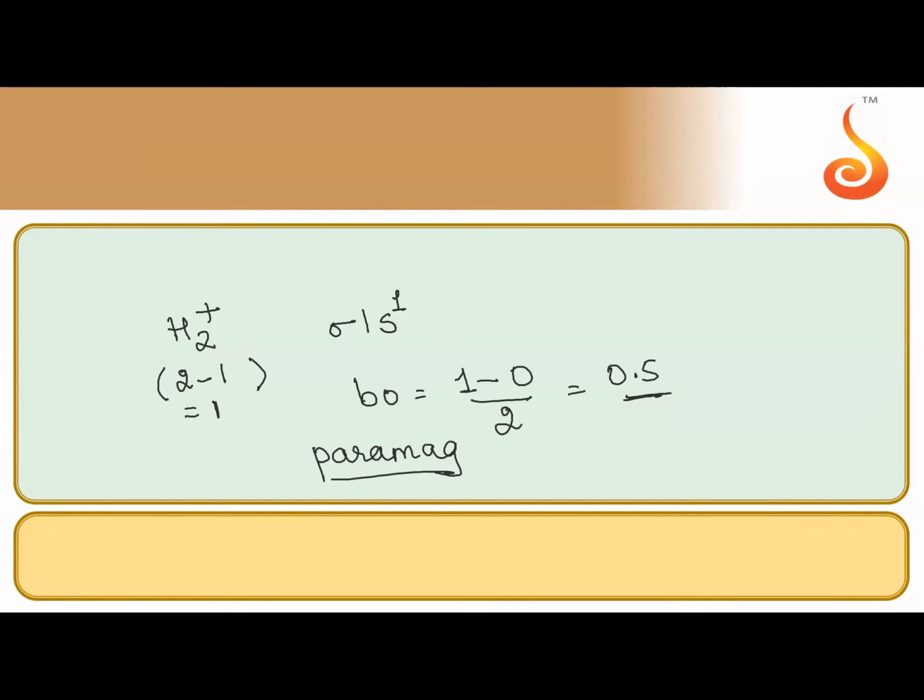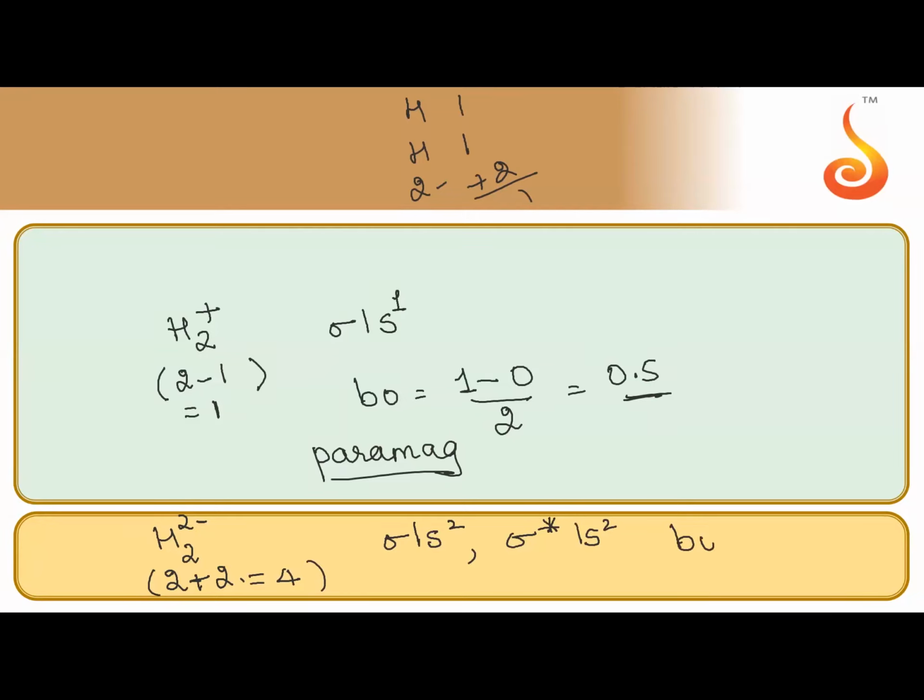In a similar manner, if I take H2 2 minus, how many electrons does it have and what is the bond order? The number of electrons present: hydrogen had 2 electrons and now 2 more electrons. When I say H2, one hydrogen has 1 electron, one more hydrogen has 1 electron, and 2 minus means 2 more electrons, so the total is 4. So with 4 electrons, we can write sigma 1s2, and we also have to go to the next one, sigma star 1s2.